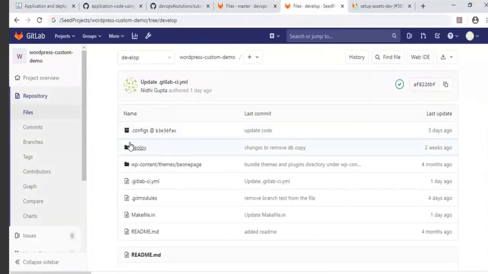Here you could see that the .config file is created and it points to your build repo. And as you can see, there are no config related or deployment related files in this repository. Everything is coming as a submodule. You will see only one file, that is the makefile.in, and that is required just for your environment specific variables or your project specific details like application name or the database related details, anything. So yeah, this is how you can set it up.